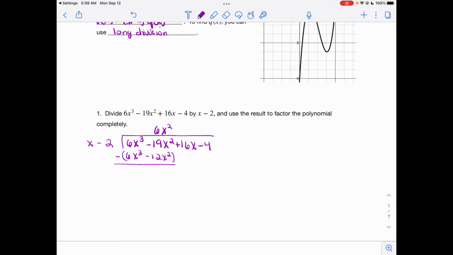So 6x cubed minus 6x cubed is 0. By design, that first term should always be 0. And then a negative 19x squared minus a negative 12x squared becomes negative 19x squared plus 12x squared, which gives us a negative 7x squared. And then just like you did in long division in elementary school, now you bring down the next term and repeat. So what can I multiply x by so that it is equal to negative 7x squared, looking at the first terms here? Well, I can multiply that by negative